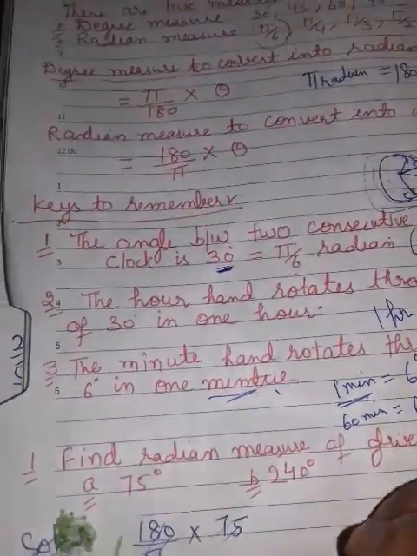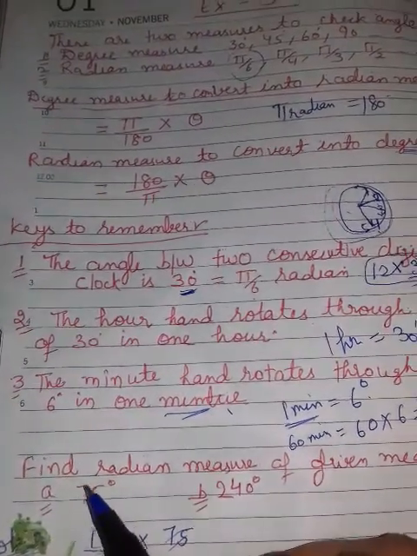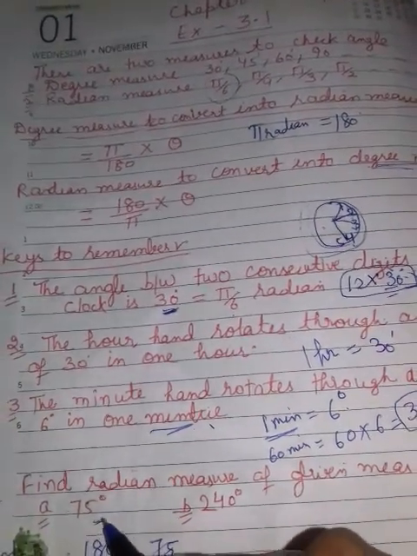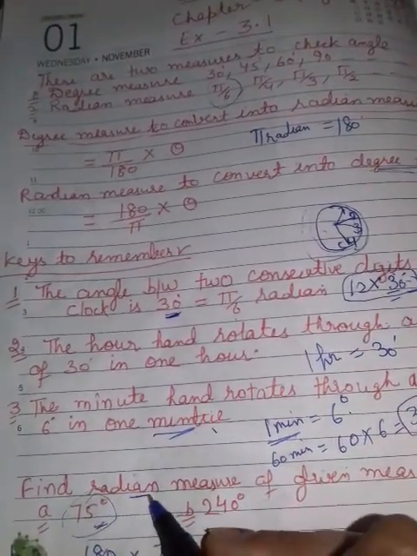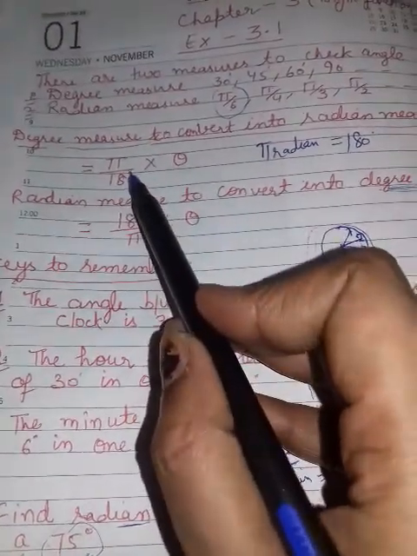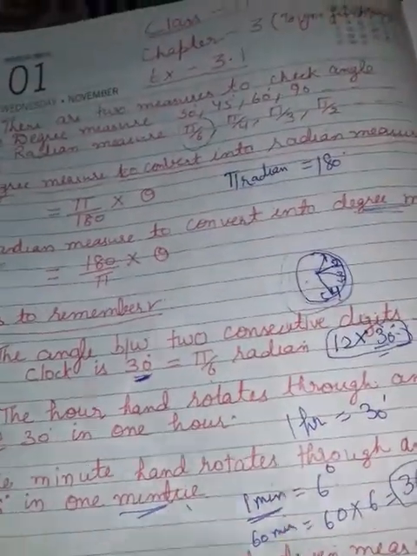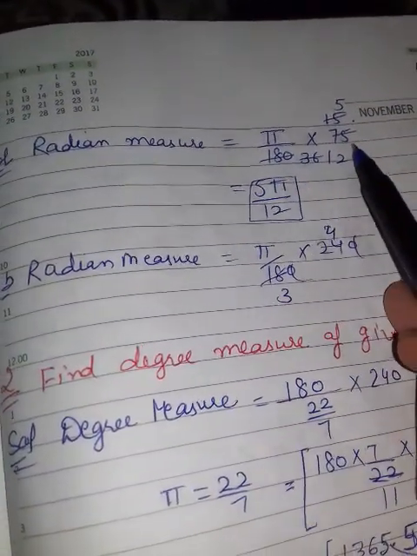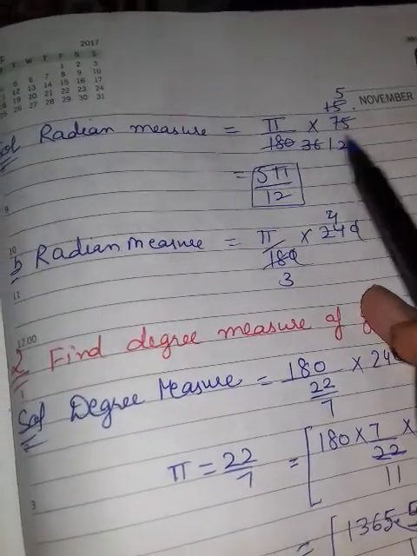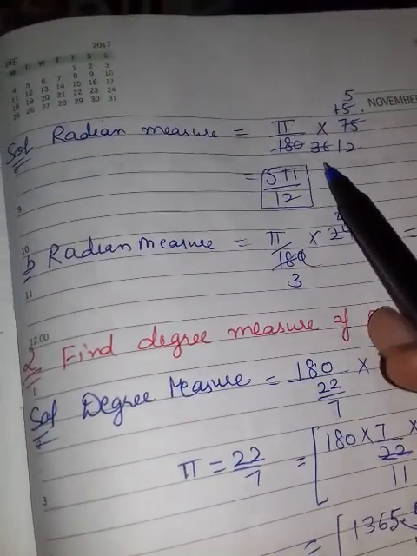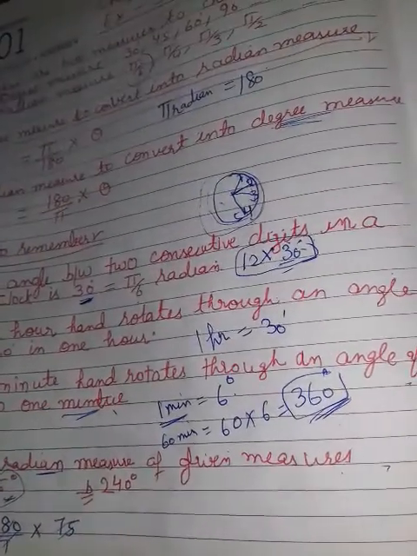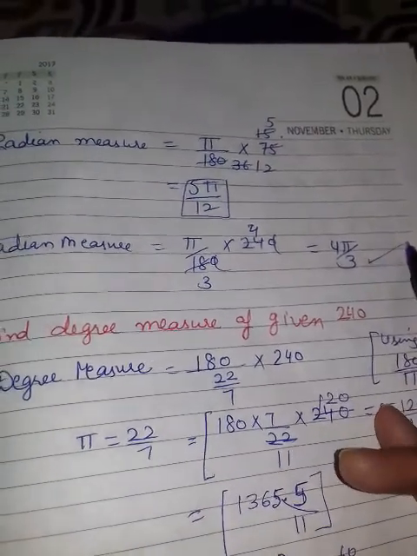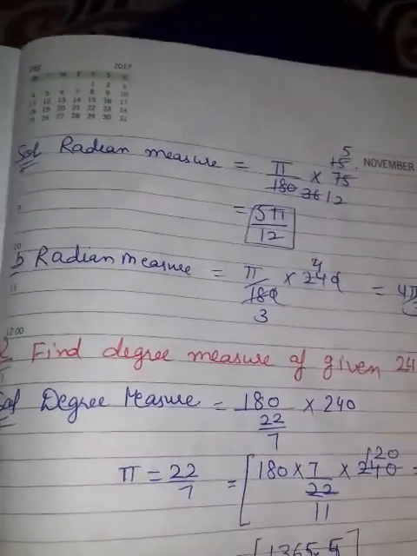Clear? Next, now we are discussing some examples. Find the radian measure of the given measurements. See, degree is given, you have to convert into radian measure. The radian measure formula is pi upon 180 into theta. Now we put pi upon 180, keep it the same. Theta, that is given to you, you put in and cancel, and you get 5 pi by 12. The second statement is 240 degrees. Clear? Then we put it again in the same formula, and you get 4 pi by 3. Clear? It is easy to get, just put it in the formula. You know that pi you will keep in the numerator.